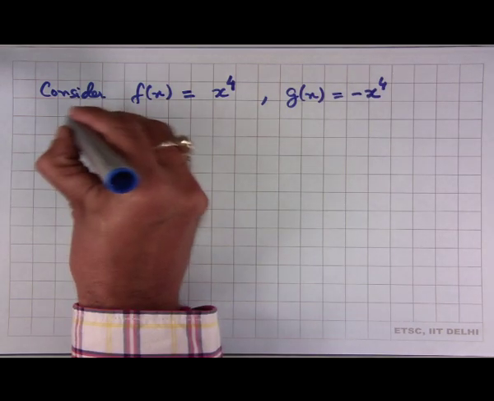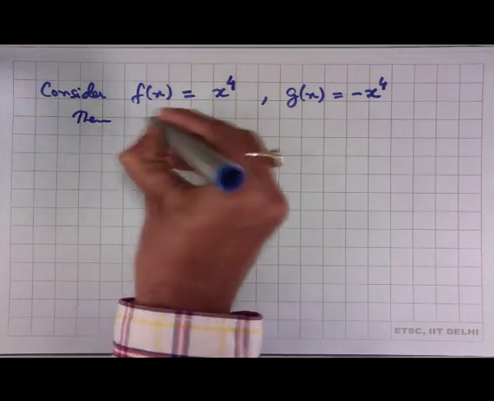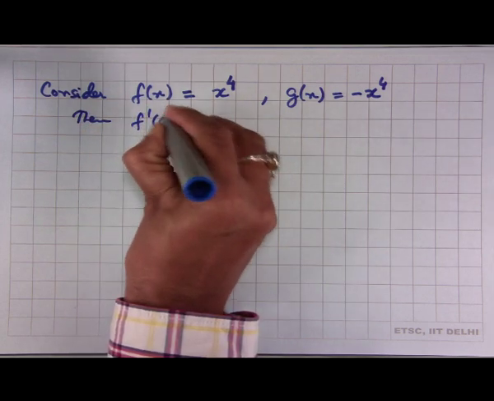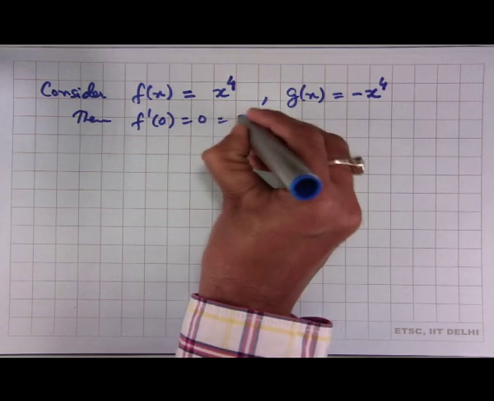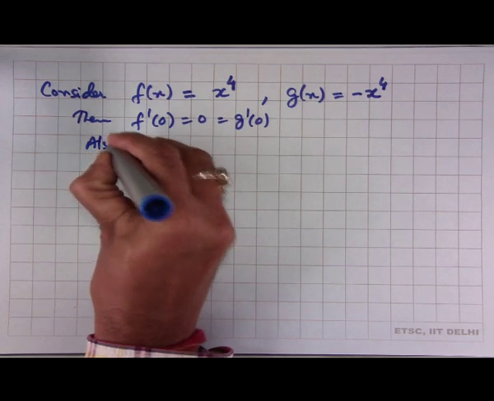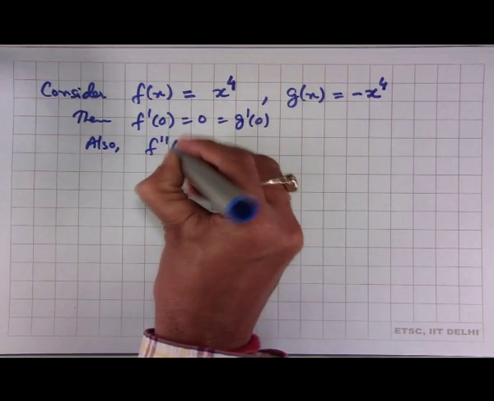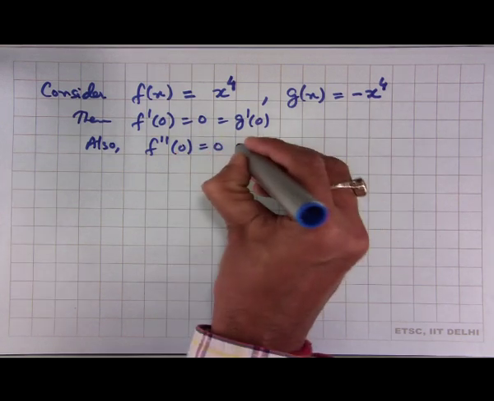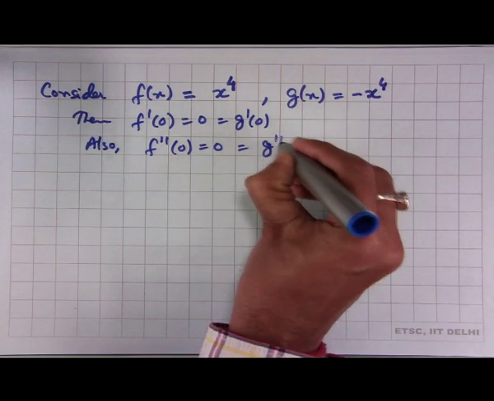Then f prime 0 is 0, g prime 0 is also 0. Also the second derivative at 0 is 0, second derivative of g is again 0,